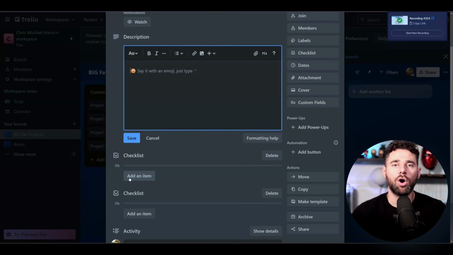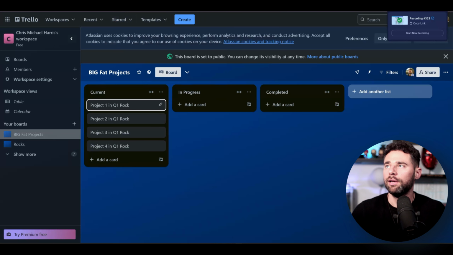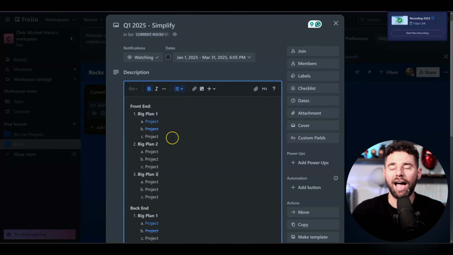But whatever that involves, what you want to do is build out what that looks like in terms of an individual project or a project that has a lot of different tasks inside of it. Again, totally up to you how you structure that. So what you would do is you'd put that in here. You can add checklists. You can have ongoing conversations about the activity involved with that particular project. But what you're doing, though, is you're keeping tabs on that throughout your quarter, and you're basically building out your list of to-dos for your people. I'll get to that in a second.